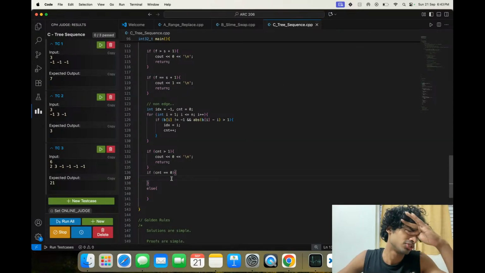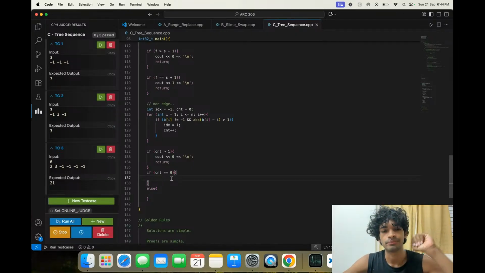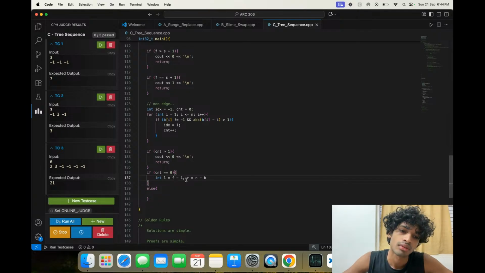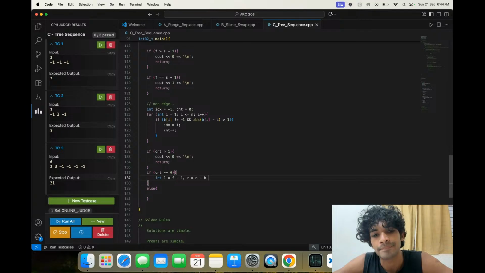Count equals 0. What does that mean? Have int L equals f, and R equals n minus back. I think f minus 1, n minus back, comma, Z equals back minus front plus 1.